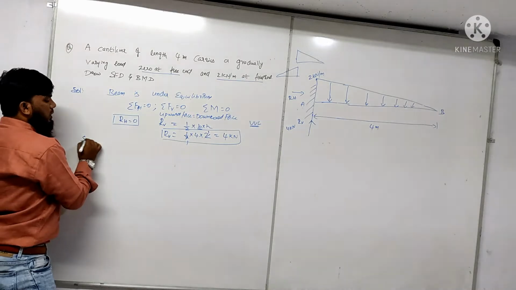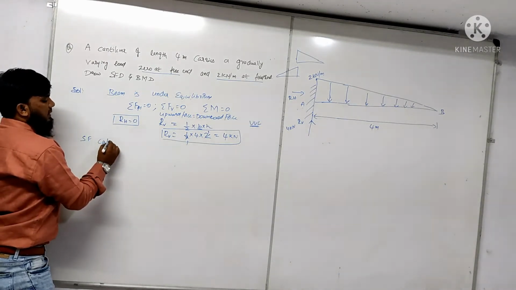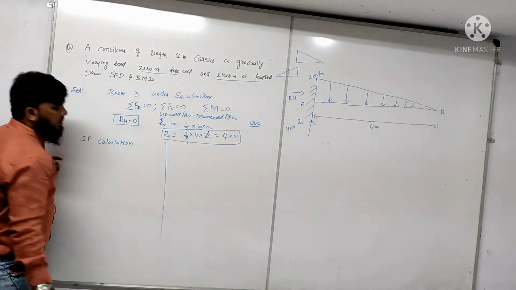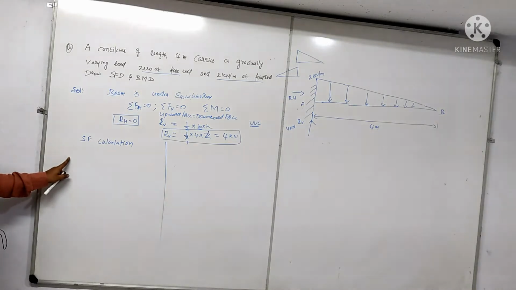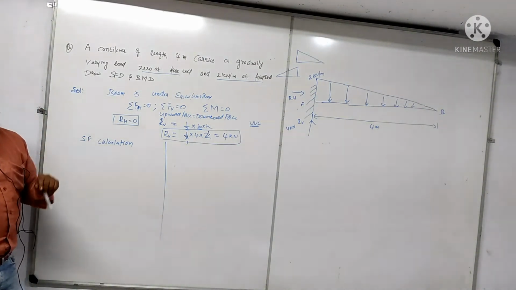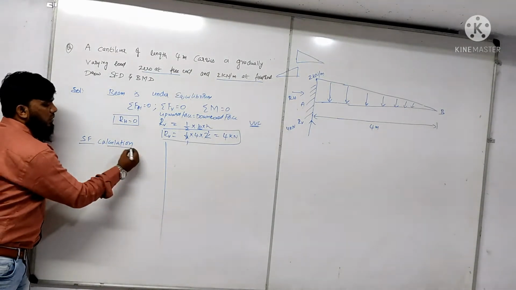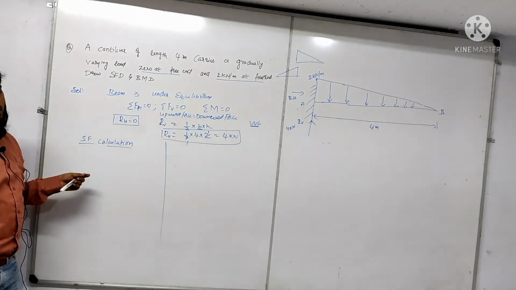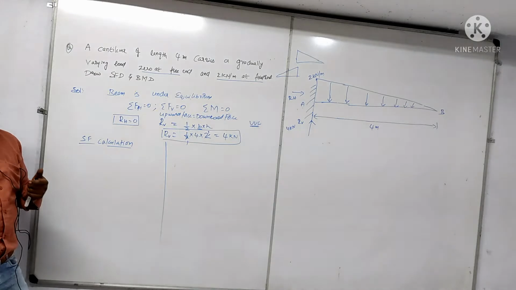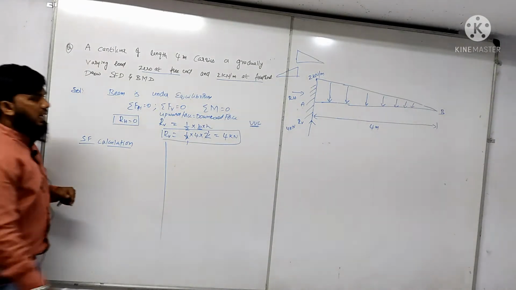Now we have to do the shear force diagram. For the shear force diagram we have to go for SF calculation, that is nothing but shear force calculation. I am splitting this into two halves. First let us do shear force calculation, then we will do bending moment calculation. After that we will plot those points on the diagram. Whenever I say shear force diagram, I discussed yesterday that we have to do the shear force calculation before the point and exactly at the point.